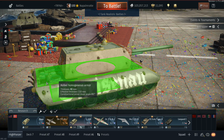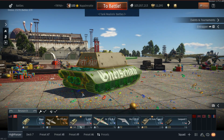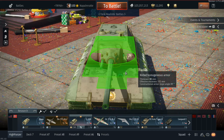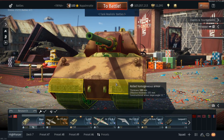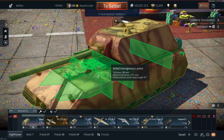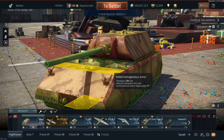And that makes you vulnerable to even 50-kilogram bombs, which is highly frustrating if they land a bit further away or their splash does not hit the bottom of the tank. Then you can absorb again ridiculous amounts. But it's really the 40 millimeters here on the front that makes this tank very tricky, or rather very vulnerable, to shot traps. A weakness that the Mouse does not really have, or it's not that prominent because of the protection for the front mounted engine. Also, we can see we also have internal armor on the Mouse, but on the E-100 it's twice as thick. So back to the